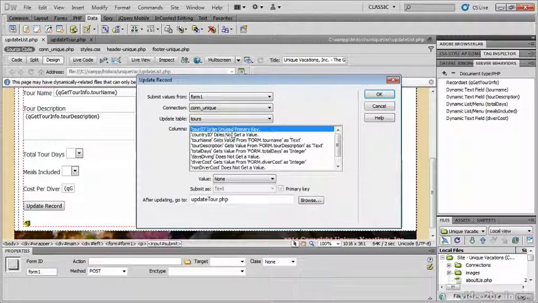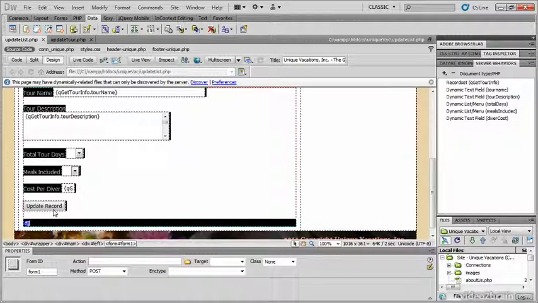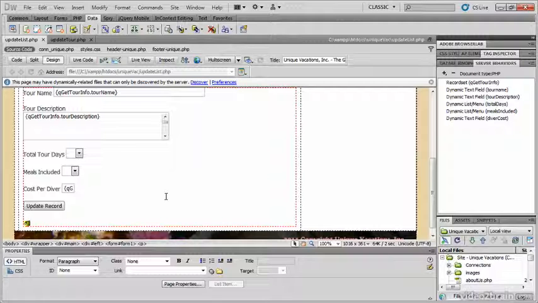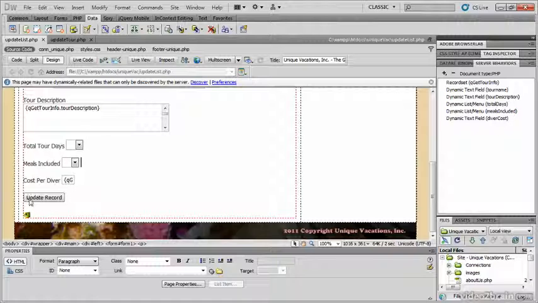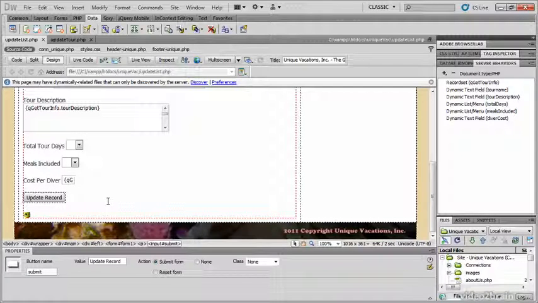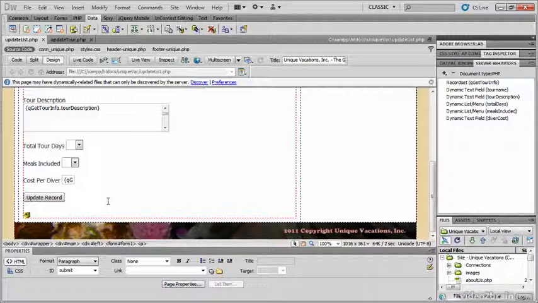Right now, our tour ID is not being used. So we need to tell the update piece what record to use. And the easiest way to pass that information in is to put a hidden form field in this form. And you have a variety of locations where you can put it. What I'll do is simply select this button, put my cursor in front of it by hitting the left arrow